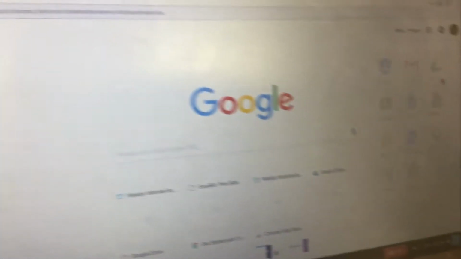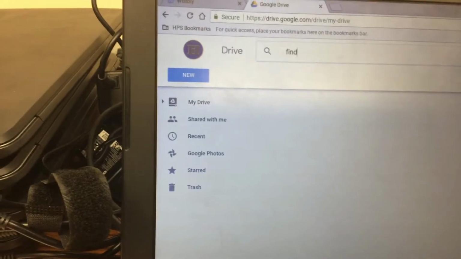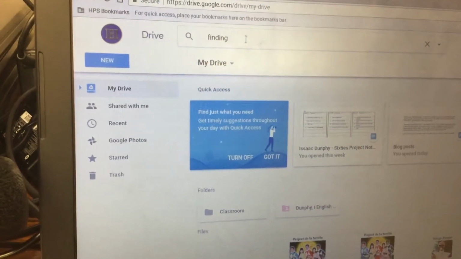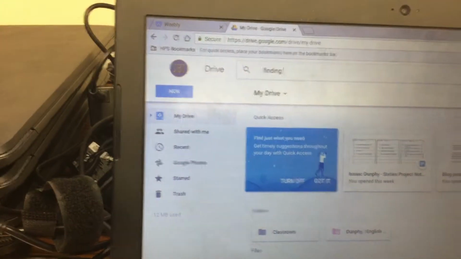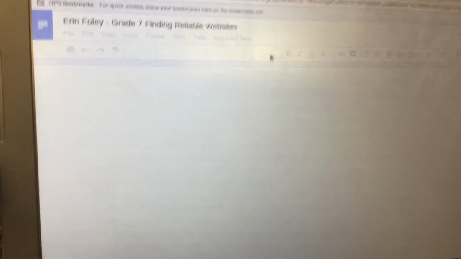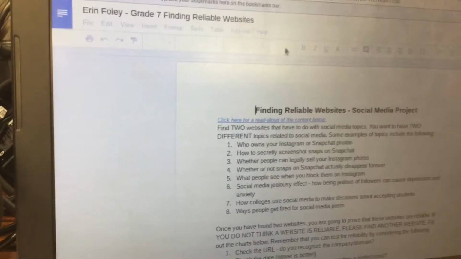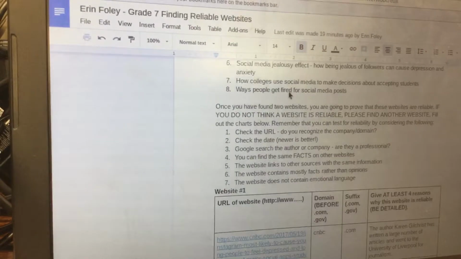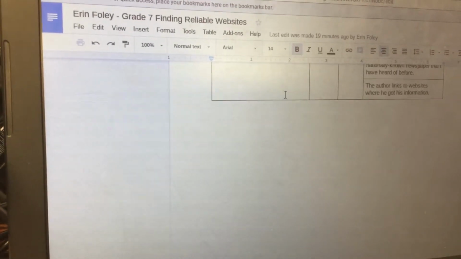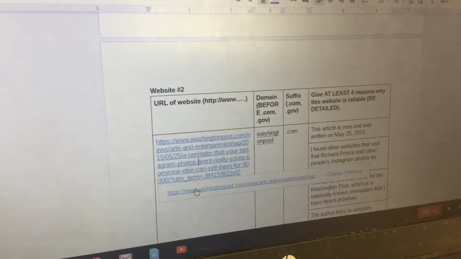And then you're going to open up your Finding Reliable Websites document, so that way you can go to the second website that you're using for your research. If you type in Finding Reliable Websites, it should start to appear and you just click on it. Then from here, you're going to scroll down to where you have website number 2. And you're going to click on the blue link under website number 2